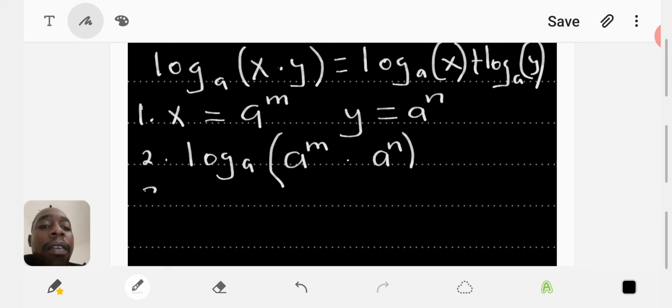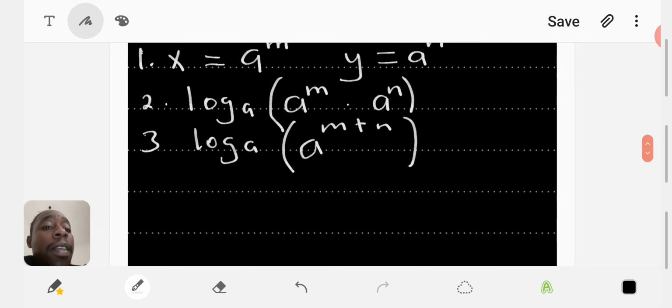Then step number 3, logarithm of a. We see our base is the same there, and we're multiplying, so our powers add. I'm sure everyone is aware of that. We have to add our powers, which is m plus n,